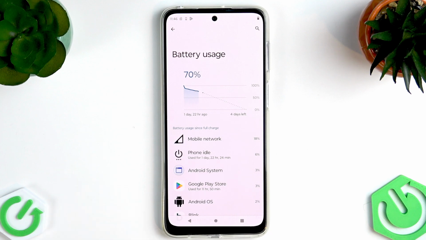But here, as you can see, I don't really use my phone a lot, so that's why I do have Android system here. If you don't use your phone a lot and here you do have Android system, don't worry, it's okay. Only if you are using the phone a lot and here is the Android system and not, for example, some social media apps, that's